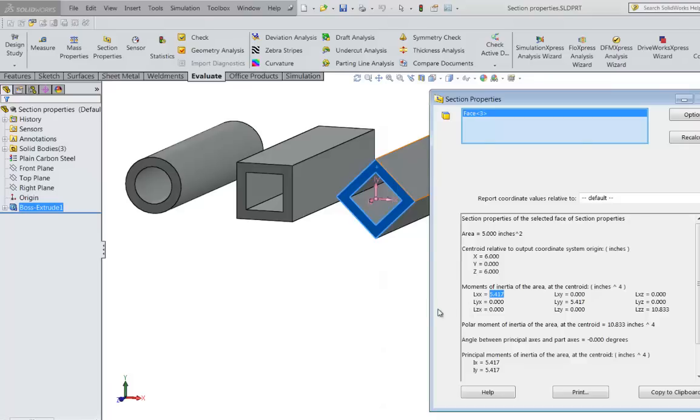So we may be tempted to think that a square tube is just as strong no matter what orientation it's at. However, be careful. Remember, we don't compare just the moment of inertia to determine the strength of a beam. We compare the section modulus, which has to do with the I and the C. So if you wanted to compare these two, you'd have to compare the section modulus